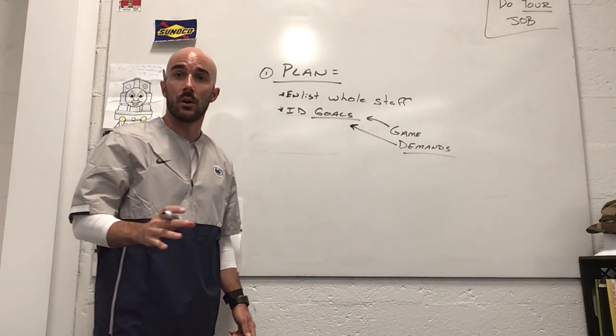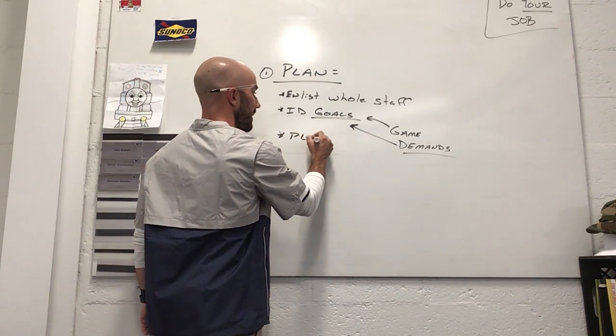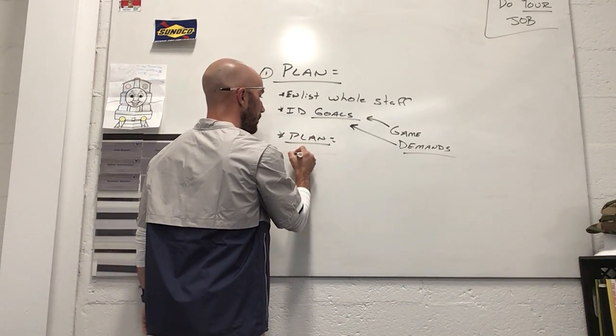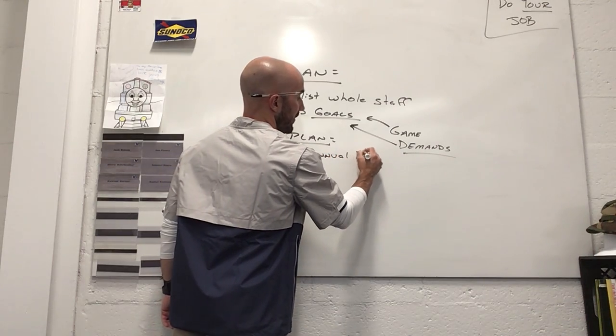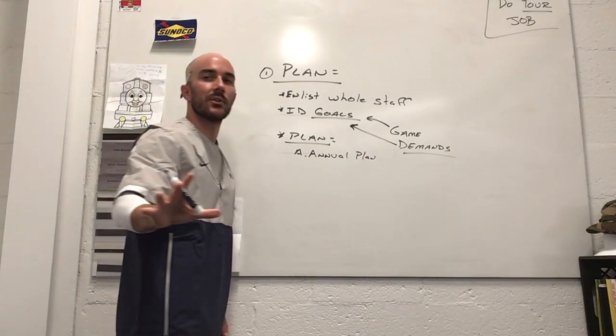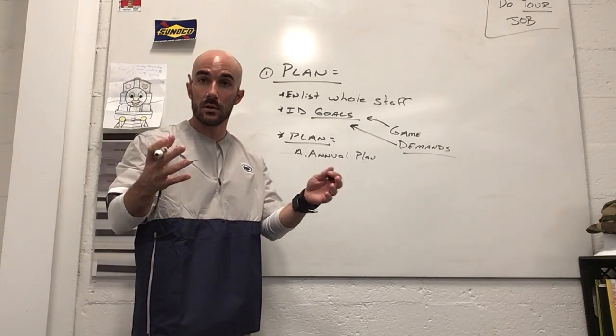The next thing I want to do is just get a calendar. I'm going to organize my calendar. This goes back to planning. Have a plan, and we want to break this calendar into a couple aspects. I want to have an annual plan or a long-term plan. Okay, so an annual plan may speak to a year, where a